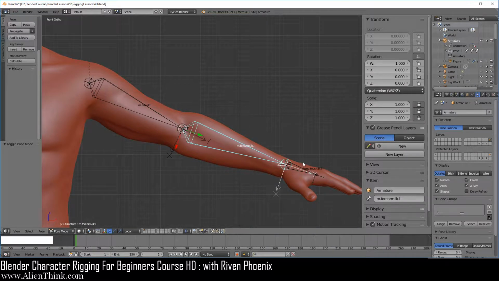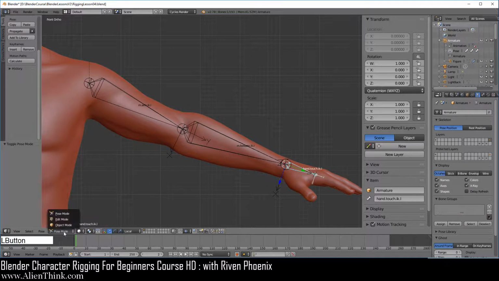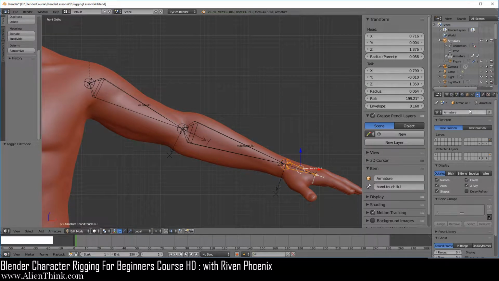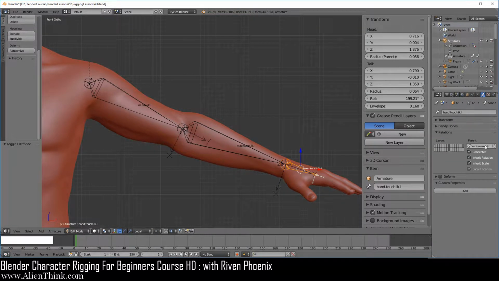Now we're going to set up the IK system basically on the forearm bone. So this means that we're going to make the hand bone the outside bone, right? The target bone. So here, having this bone selected, go ahead and switch to edit mode, go to the bone tab, and of course we're going to remove the parent, which is the forearm right now, and here we're just going to say that this bone's parent is going to be the root bone, right?